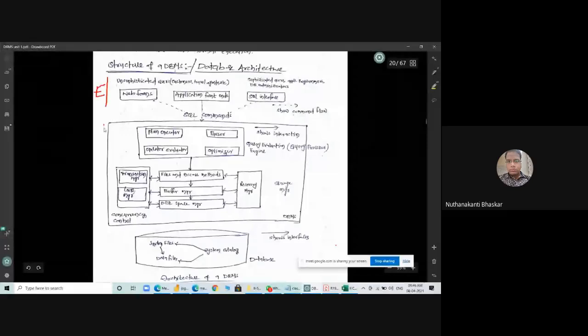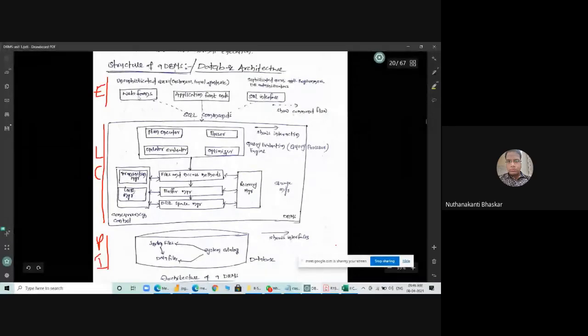So this is the logical level, or maybe the conceptual level. Now this is the physical level, or maybe the internal level. Here I will tell you, the physical level or internal level is nothing but where the data is going to be stored in the storage structure. That's why it is a storage related structure. Now the external level is nothing but the end users, they are going to use